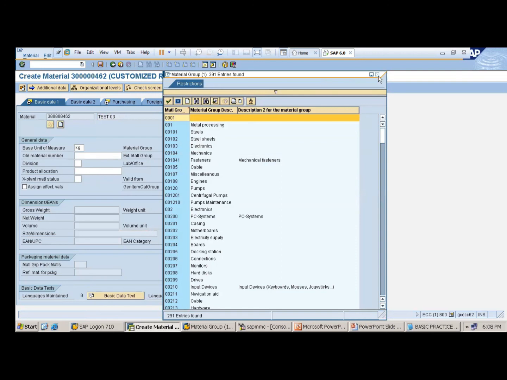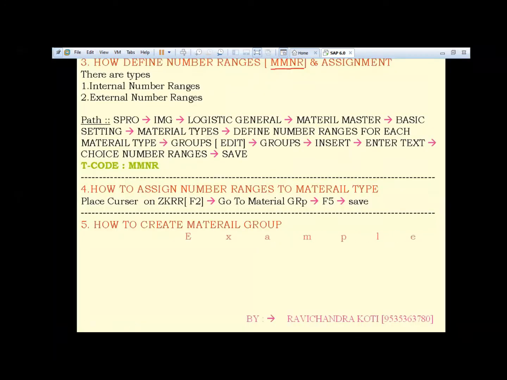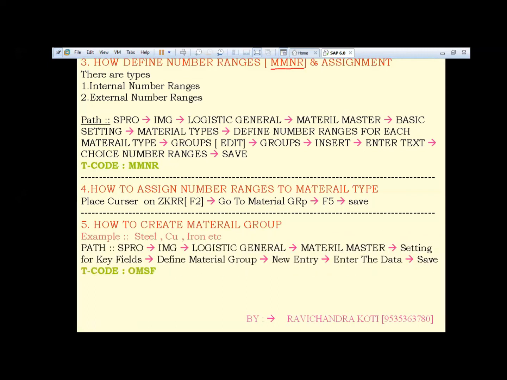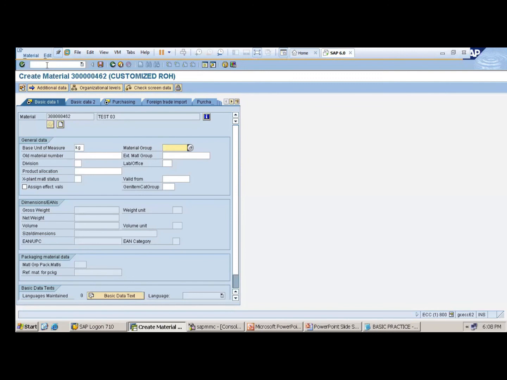How to create? For that, the transaction code is OMSF. /n OMSF, enter.